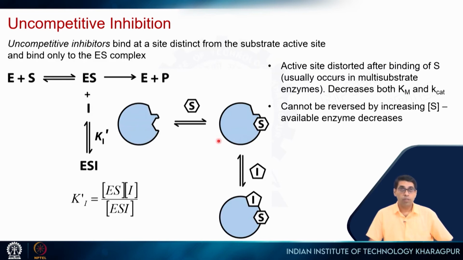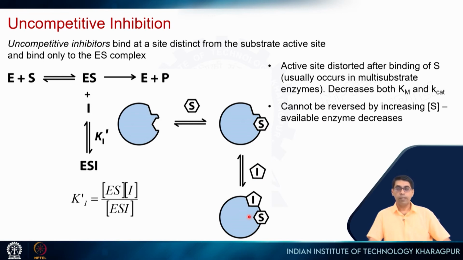Another type of inhibition is uncompetitive inhibition. So, what happens in this case? This is our standard equation: enzyme plus substrate gives you the complex, which gives you the product. The inhibitor, instead of binding the free enzyme, binds the enzyme substrate complex and forms this ESI complex, right. So, the substrate binds the enzyme and this can go and form the product. However, if the inhibitor is there, it will bind this and form this complex and it inhibits the